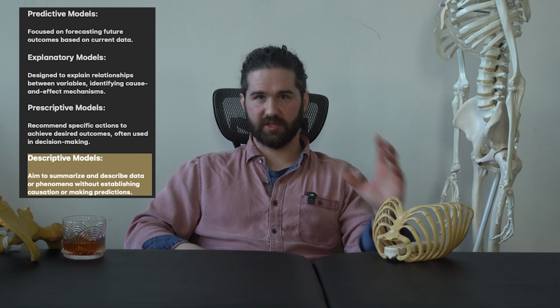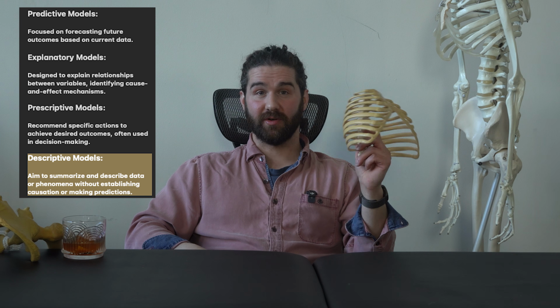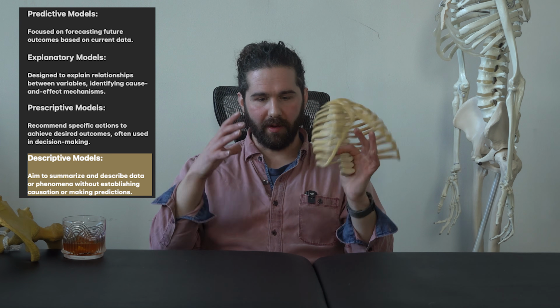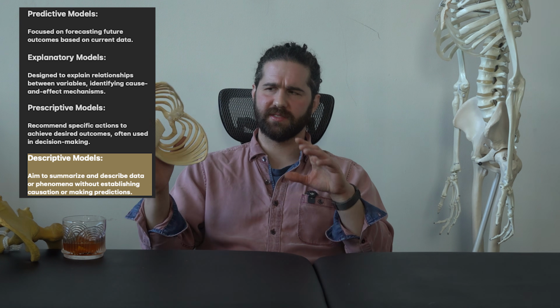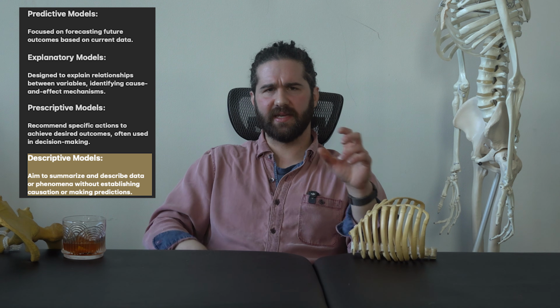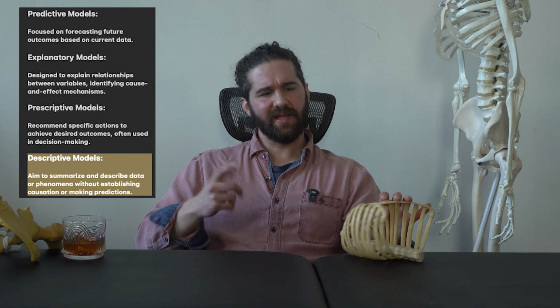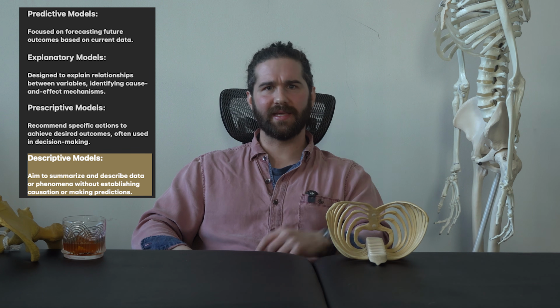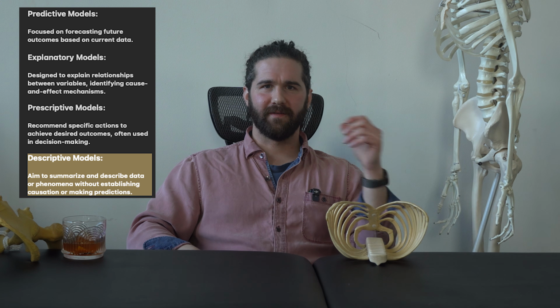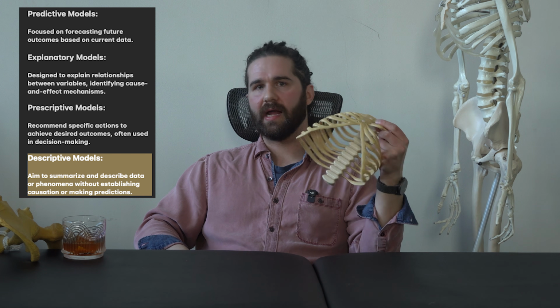Now, I think that these first three, so predictive, explanatory, and prescriptive, are the ways that people want to be able to use the ISA. They want to be able to say that based on the ISA, I think this is going to happen, this is going to be good, and this is not going to be good. I think that they like to say, well, the reason that this is happening is because you're a narrow ISA and you have a downward pressure gradient, right? And they want to be able to say, based on the fact that you're a narrow ISA, you can't do an RDL because you can't achieve this shape change at the pelvis. You can't nutate the sacrum. You can't IR the iliums. I don't buy any of this. I really don't. We'll talk in more detail in a second about why.